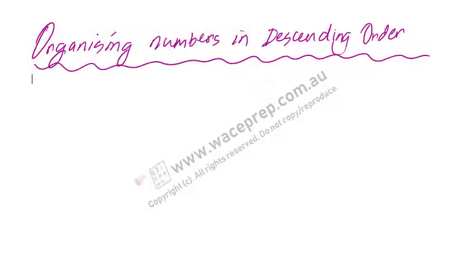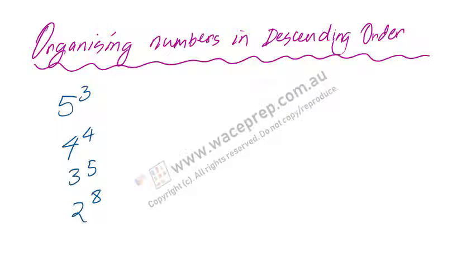Now we are going to look into a set of numbers with a set of powers, and we will in the end organize them in descending order. Let's start off with, let's say, 5 cube, 4 to the power 4, 3 to the power 5, and 2 to the power 8. Now, as we have done before,